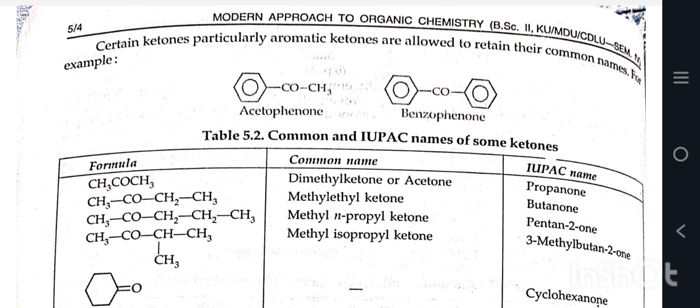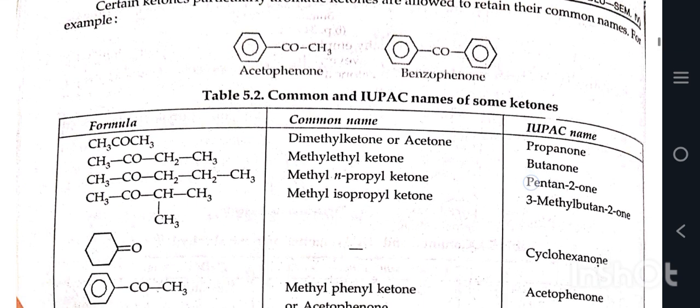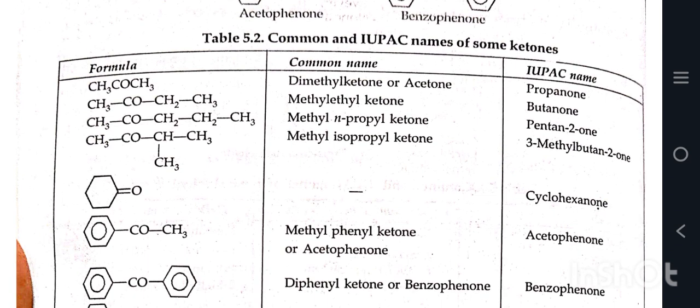Certain ketones, particularly aromatic ketones, are allowed to retain their common names. For example, acetophenone, benzophenone. Some IUPAC and common names of some ketones. First, dimethyl ketone or acetone, propanone; methyl ethyl ketone, butanone; methyl propyl ketone, pentan-2-one; methyl isopropyl ketone, 3-methylbutan-2-one;